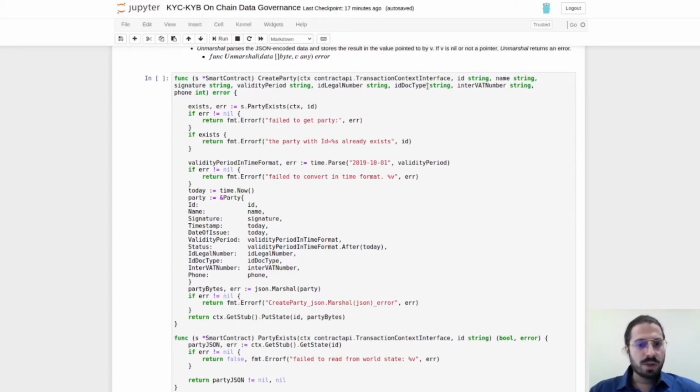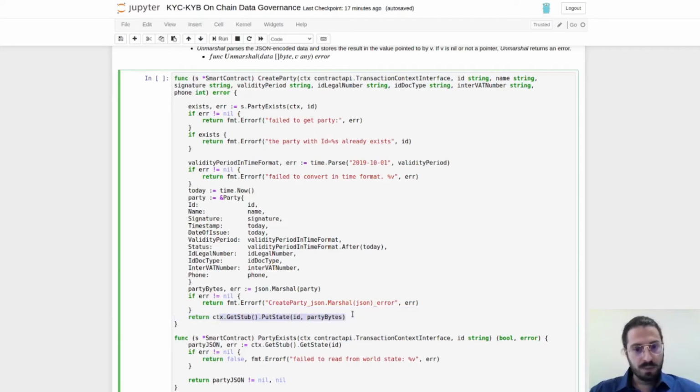The logic, of course, is straightforward, and a party struct, as we saw before, is created, and after it's encoded, it's stored on the ledger through this transaction.